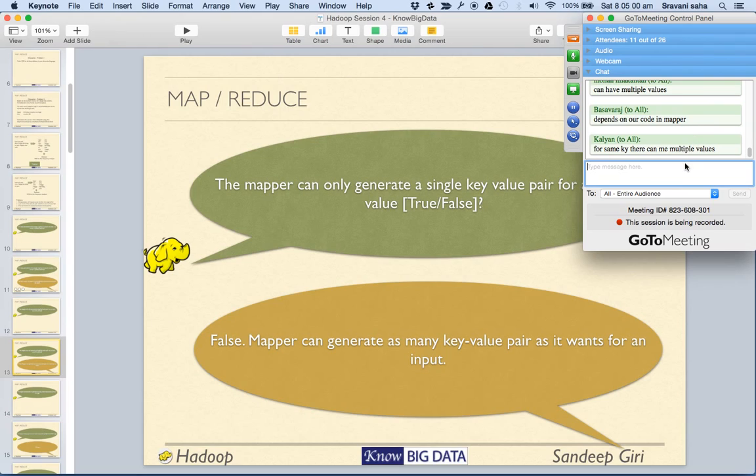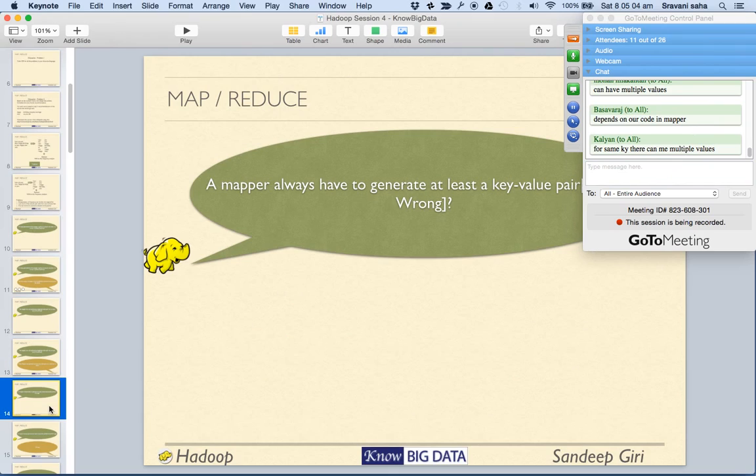All right, all right. So good. So all of us are on the same page. Now, next question to you is: a mapper always